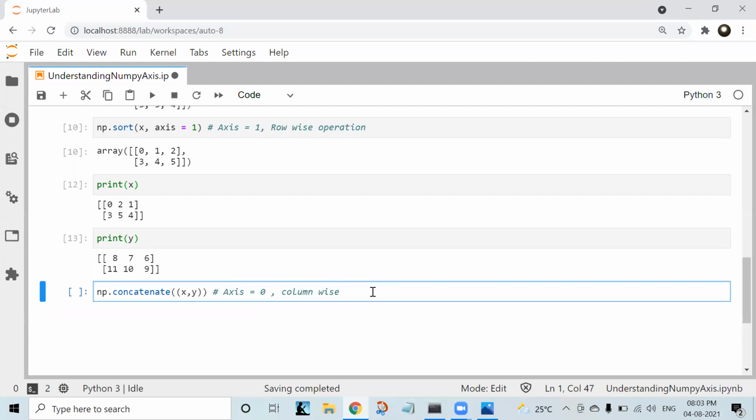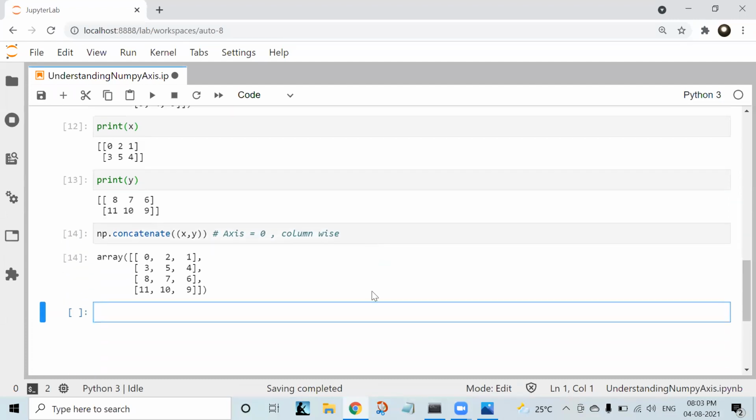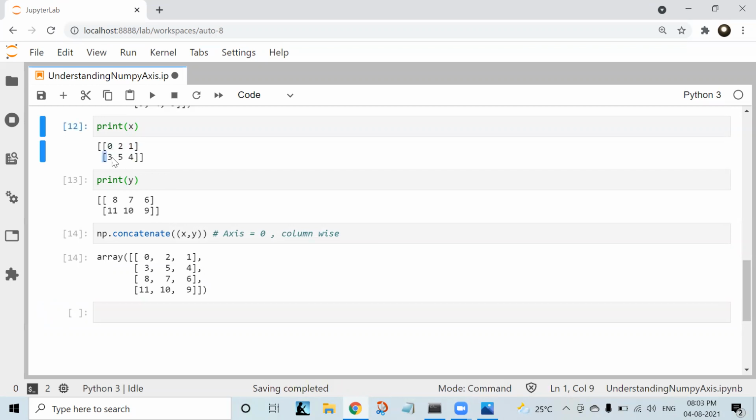If you print this, you can see 0, 2, 1, 3, 5, 4, 8, 7, 6, and then 11, 10, 9. This way it was concatenated.